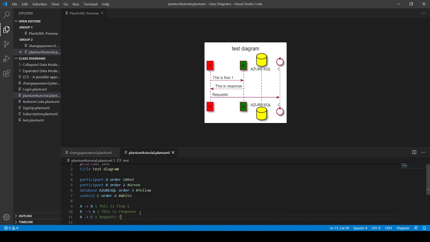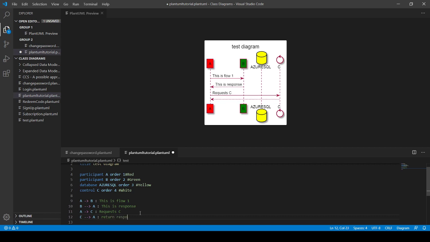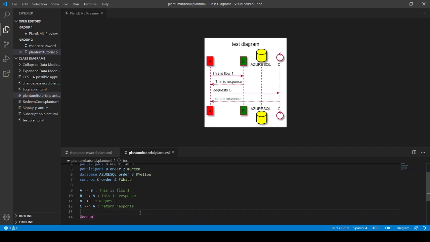Then I can write C to A, returns the response. Likewise you can define your flow, and you can add as many lines as you want, and it will be drawn there.